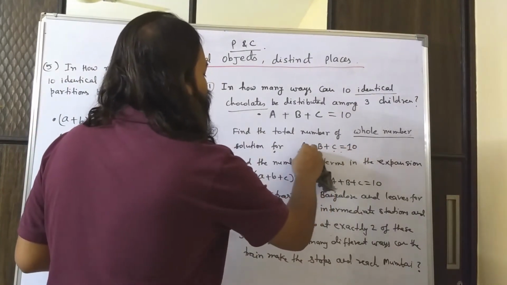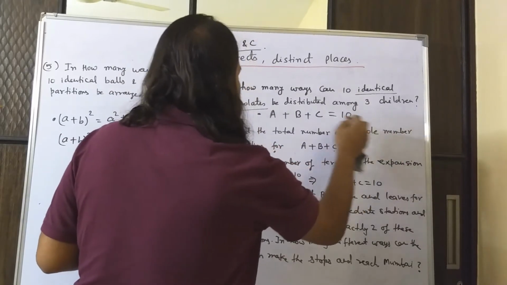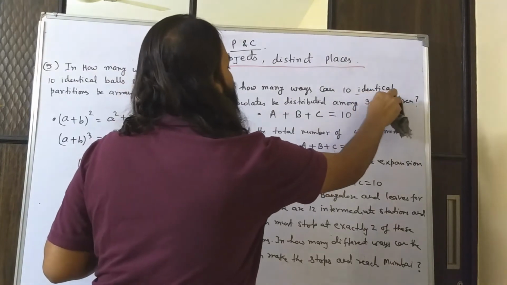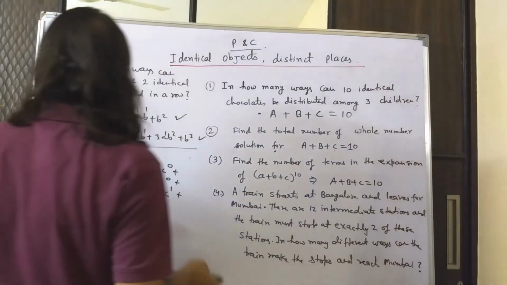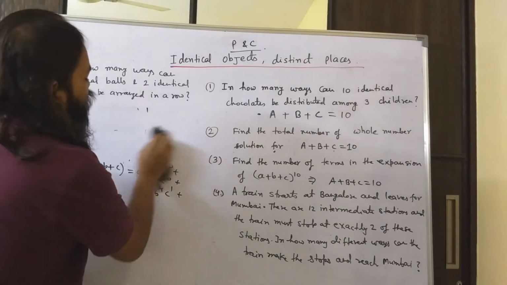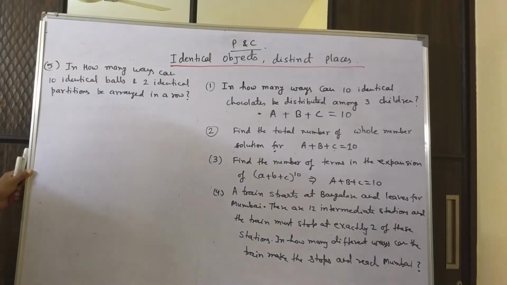The whole number solution itself has come in CAT, and even the chocolate problem has come in CAT. So these questions keep coming in CAT in different forms. The same question, okay? So it's a very frequently asked question. It just keeps coming in a different way. Now let me explain to you the fourth problem, why it is the same.